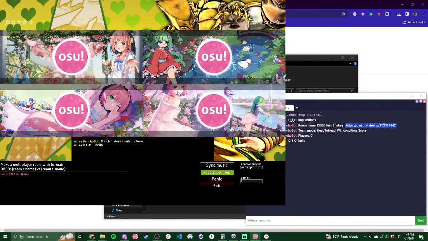The other thing for edge cases, sometimes players will load in with the wrong mods on a free mod map, just hit panic. Sometimes a player will stall out. You can usually just hit panic there. Sometimes a map will get uploaded, or updated, excuse me, in the middle of the week after you have loaded in the map pack. If that happens, what you'll need to do is close the tournament client entirely,